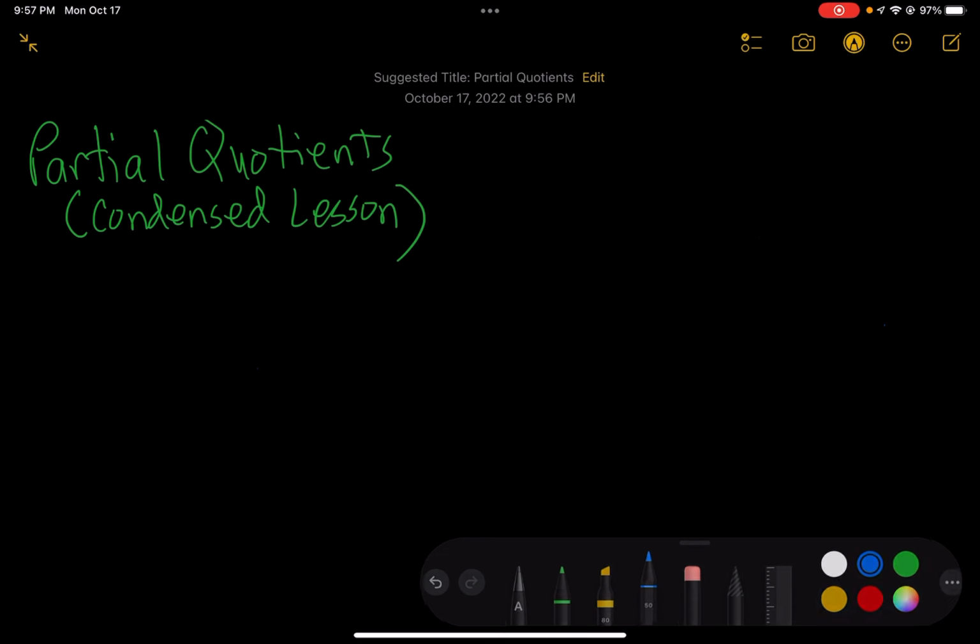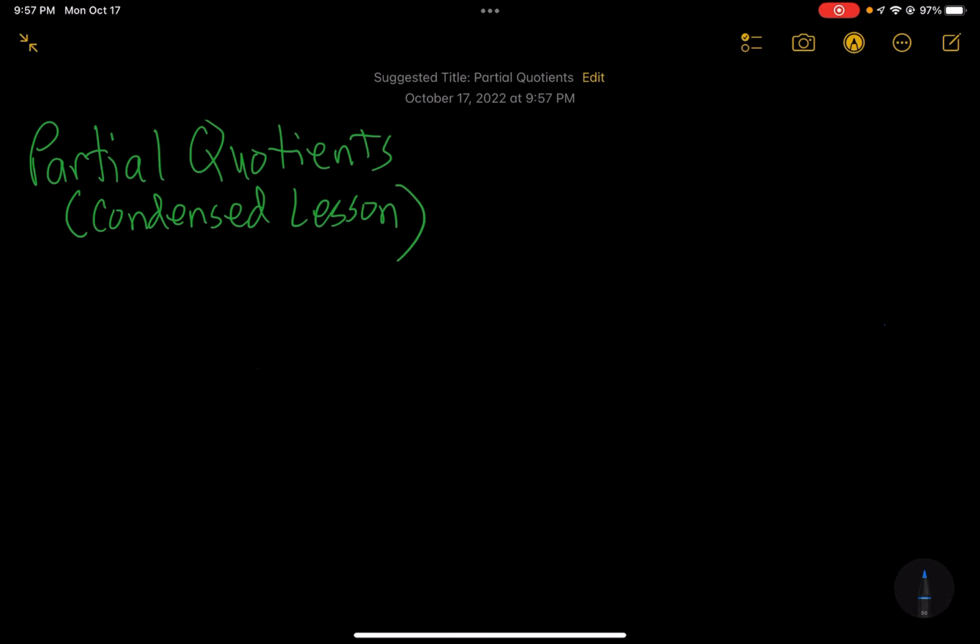This video is going to be a shorter version of partial quotients. I have another one that is pretty lengthy, so I wanted to shorten it. The first one that we're going to look at is with wholes, and then we're going to apply it to decimals and see what that might look like. So let's start by taking something,